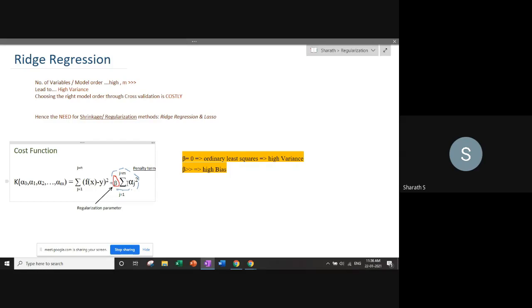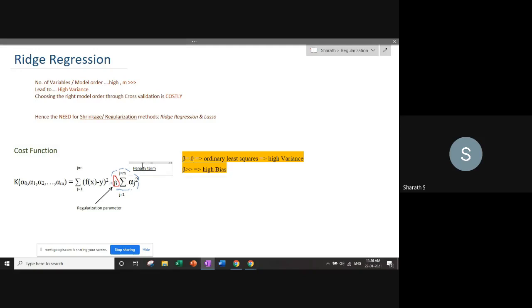So what happens is that if the alpha value is high, then the cost is going to be high. Our objective is to minimize the cost. So when we put this beta term, it is going to shrink those particular coefficients which have too high a value and result in a higher cost function. That is the actual mathematical essence of what ridge regression is doing. It is penalizing coefficient terms which are contributing to higher cost.